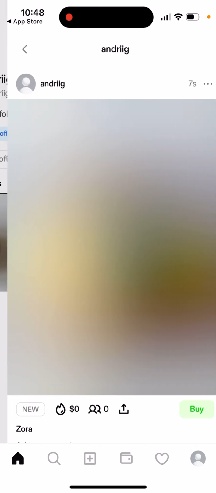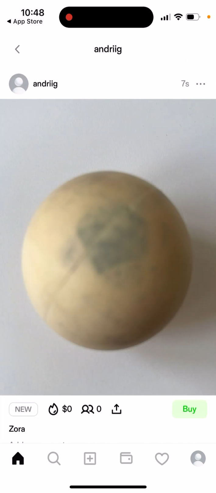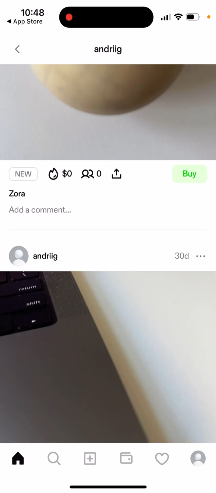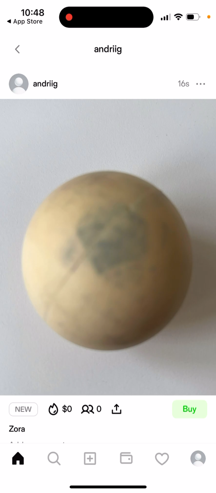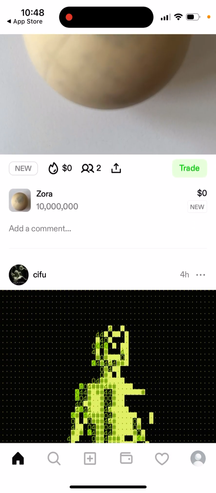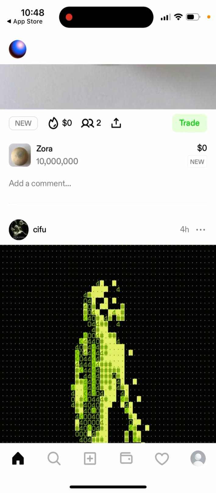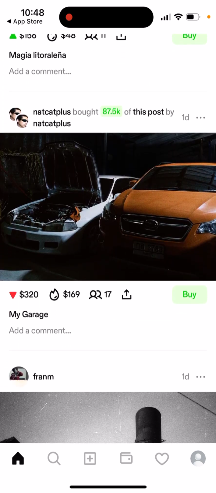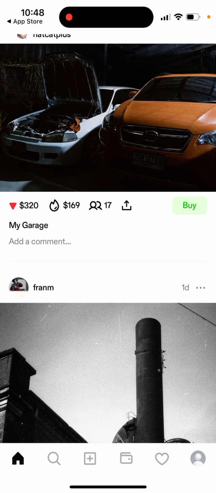So now I have this post created in here, and now it just looks like that. And then you just hope that it might get trending, and that's the idea. And this way you created a new coin. Obviously it depends on the quality of your content.